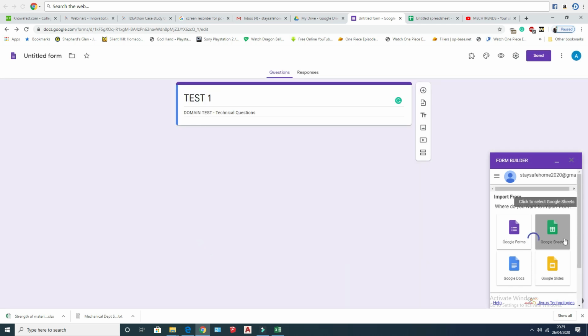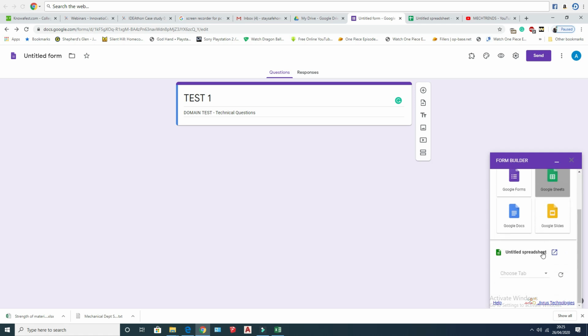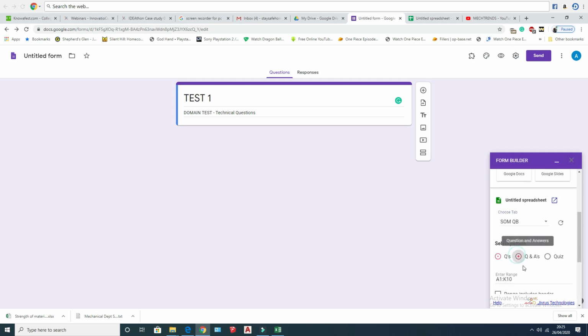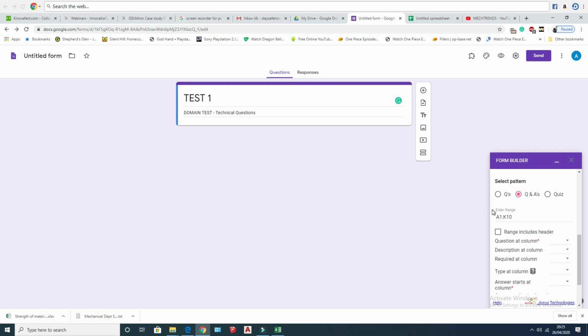Now you can scroll and select the sheet name, that is SOMQB, which I have created in that Google Sheet. You can see choose tab, SOMQB. Now you have to select question and answer since it's an MCQ. Now you can see the enter range. We have to refer to the spreadsheet which we have created already.